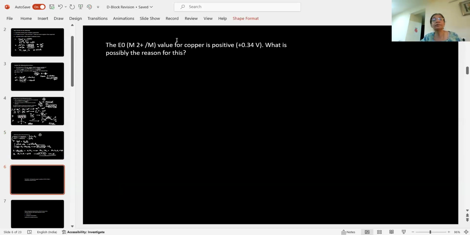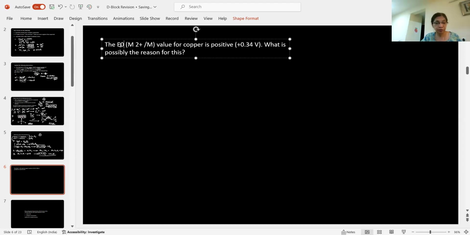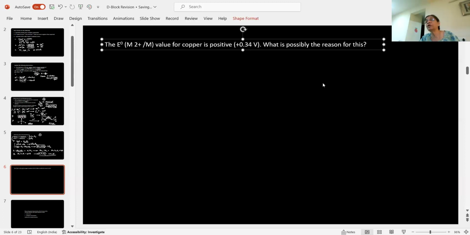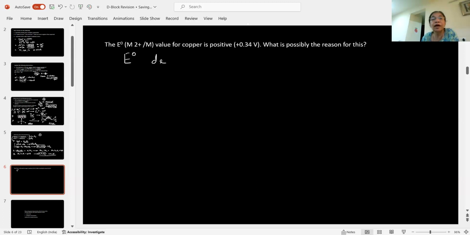Then this one here, E0, this is E0. So E0 Mn2+/M, that is the reduction potential of copper, is positive. What is the reason? As I told you, I have already described this. So only copper has a positive value for reduction potential in the 3D series. All others have negative value. What is the reason? The reason is that this E0 depends on, you should write these points,